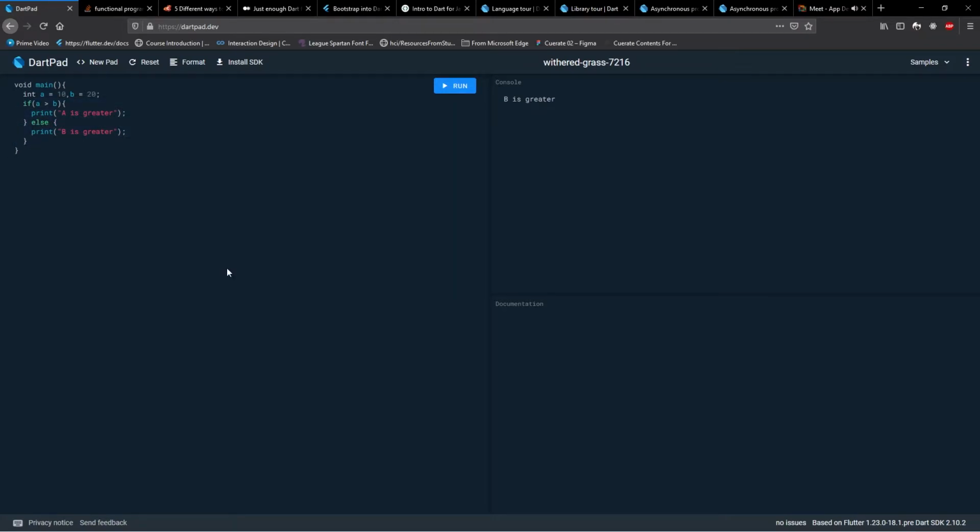Now there is something else we can do. It's called an if else if ladder. Okay, if a is greater than b, else if b is greater than a. All right, let's have b and a the same thing. Now I'm checking, okay, let me format this. Now there are two things I'm checking. So if a is greater than b, I'm going to print a is greater. Else, if you want to have a condition for else as well, you're going to have an if over here. This is called an if else if ladder. Okay, so I'm also checking if b is greater than a. It will print b is greater.